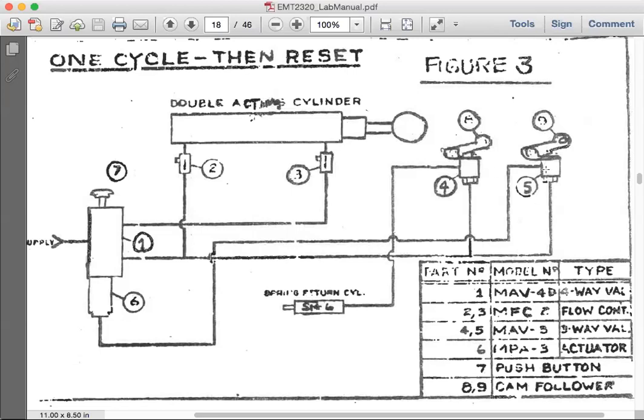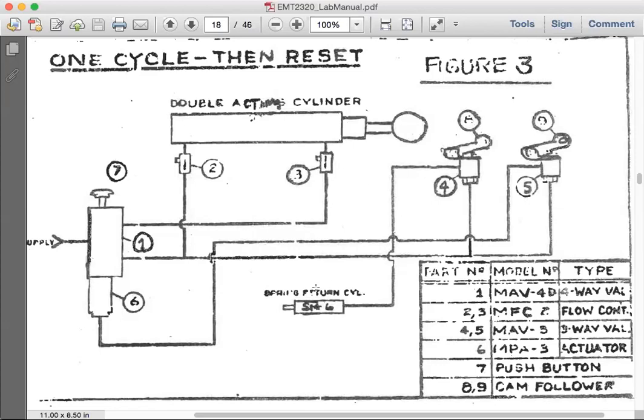Number 9 pushes on number 5, which sends the pressure to activate the actuator number 6, which resets the stem in MAV4D, or the stem in number 1, to push it back up and switches the pressure from the bottom to the top, causing the double acting piston to start its return or retracting path. And the piston returns. As the piston returns and activates number 8 again,